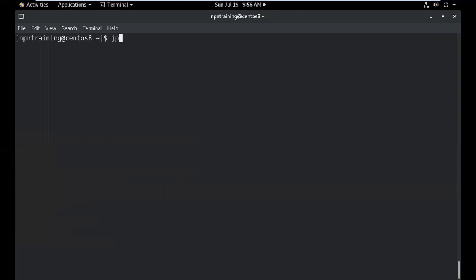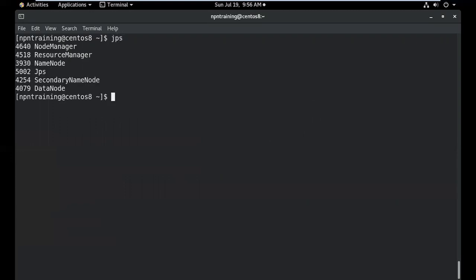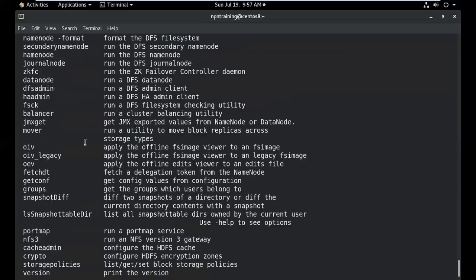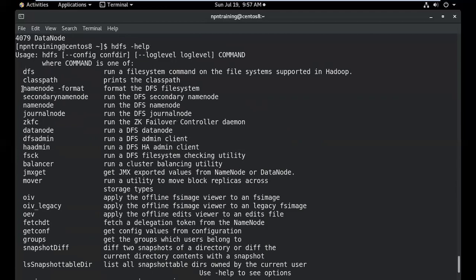Now we have successfully started all the services. Now let's go ahead and execute some commands. Before we proceed, any single question here? Okay, I say there are no questions. Let's proceed. As I told you, all Hadoop based commands will be invoked through a binary by name HDFS. You have lots and lots of commands related to storage. If you want to get the list of commands, you can simply do hdfs -help. You'll get the list of commands. So many commands we would have. And in this, we have seen the name node. Now we will see something called the file system command.